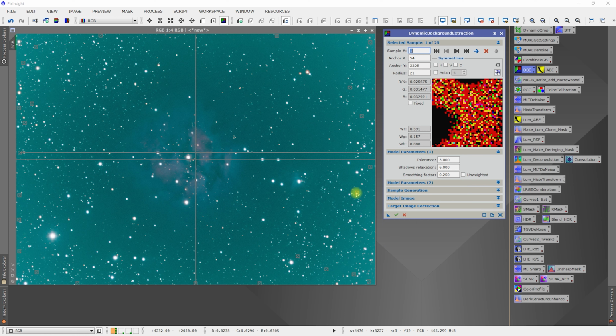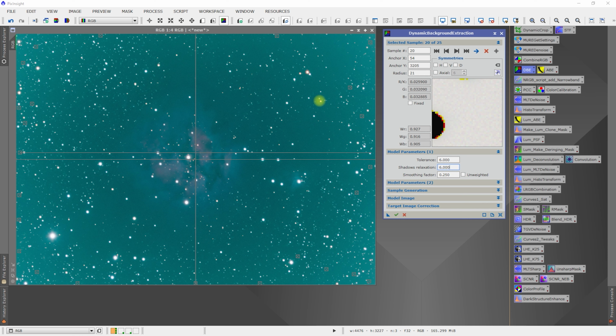But how do I turn these red samples to green? First thing we're going to want to do is let's increase our tolerance. And what does a 6 give us? Do not hit enter, just click anywhere else. And that did not help. So if we go down to a 1.5, that did not help either. So I'm going to select this one. Let's go back to a 3, 3.0,